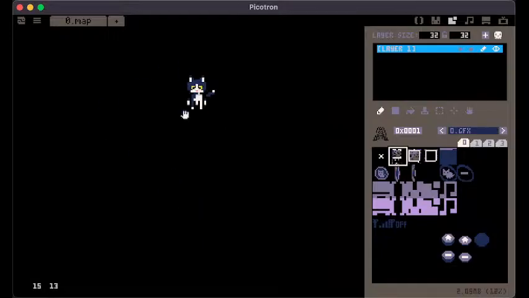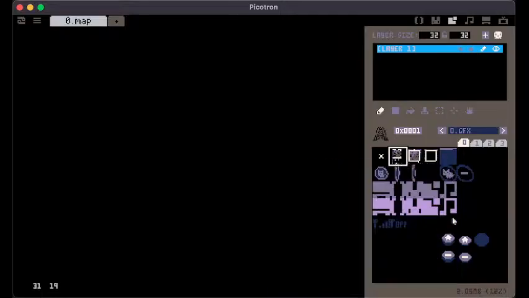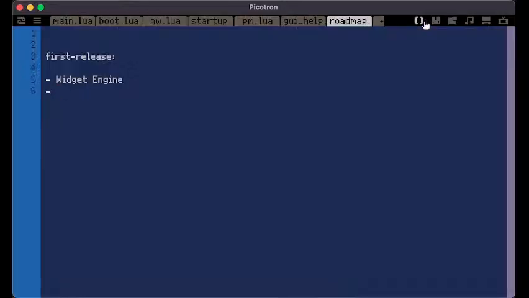You just have to give it some sprites and the program will do the job automatically. You just have to focus on the content of the widget. That's my purpose with this new version. But I want to do way more than that now. Yeah, so the widget engine has to be in the first release,